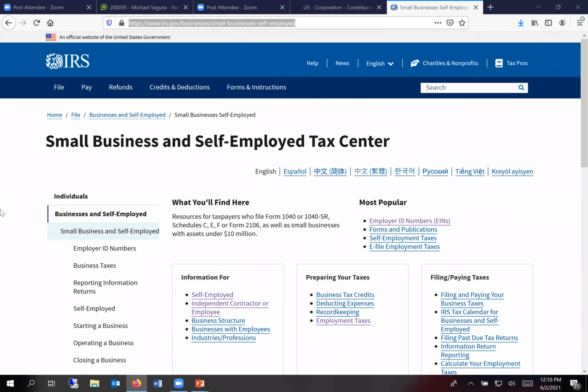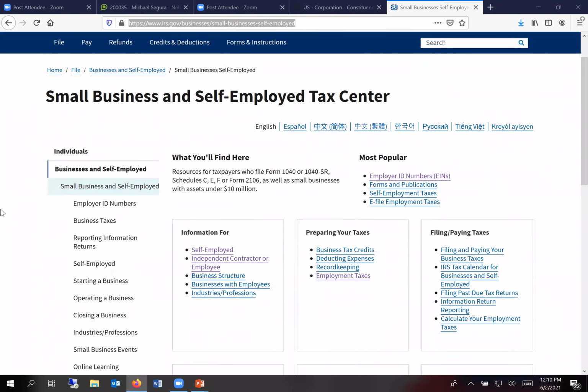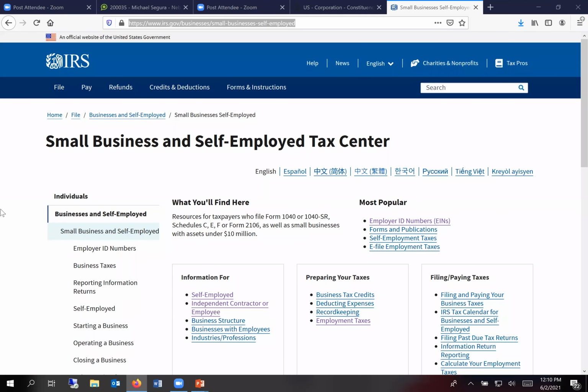And on the Small Business Tax Center, there's a wealth of information for the small business owner, the self-employed person, or those participating in what they call the gig economy, which is like ride share, grocery delivery, Airbnb, where you rent out a piece of property, even for only one night. That income is taxable, and you might want to consider starting up a small business structure. But use this as your great guide to all things federal taxes.